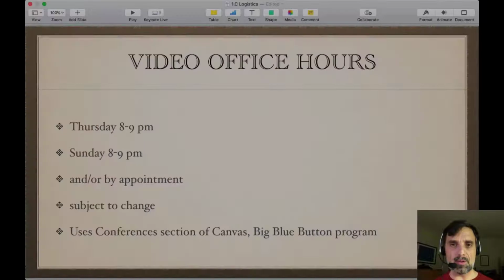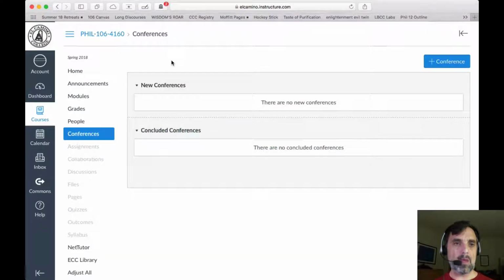So I'm just going to briefly show you a little bit about that. If we look over here on the left-hand menu, you see there's a conferences link. If you click on that, you get this, and sometimes this area will have something in it. It won't say there are no new conferences. It'll say conference, and there'll be a join button, and you'll click that,